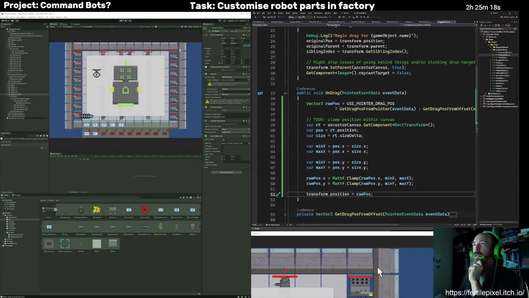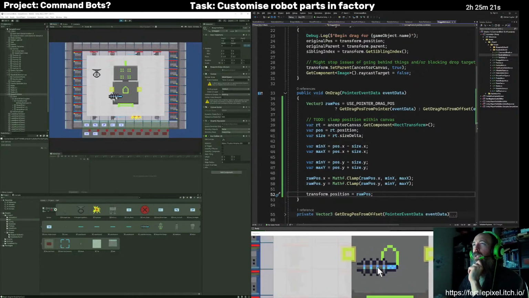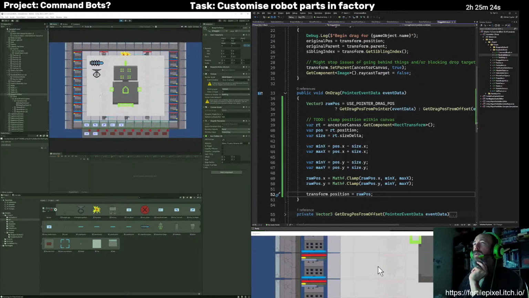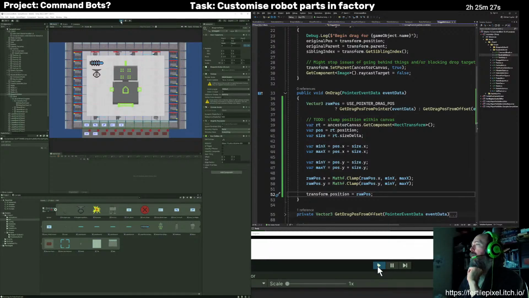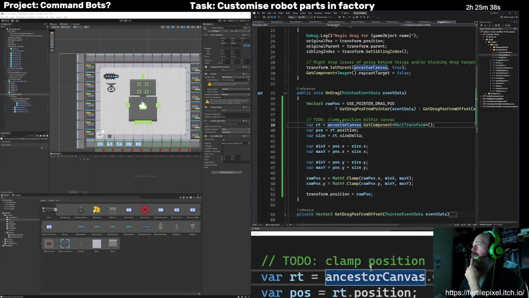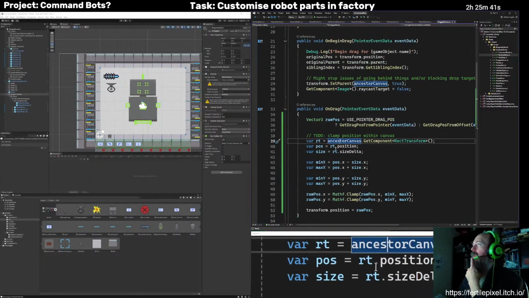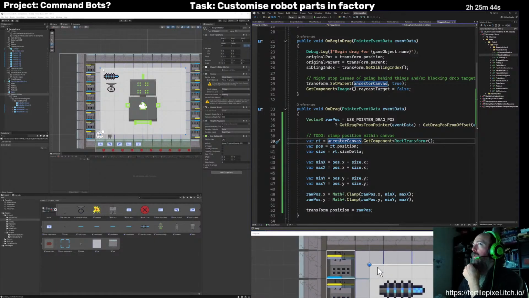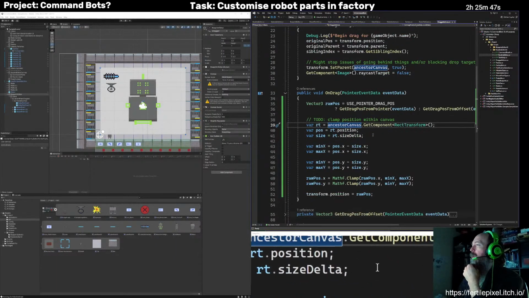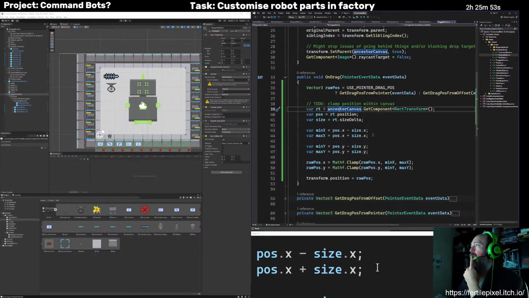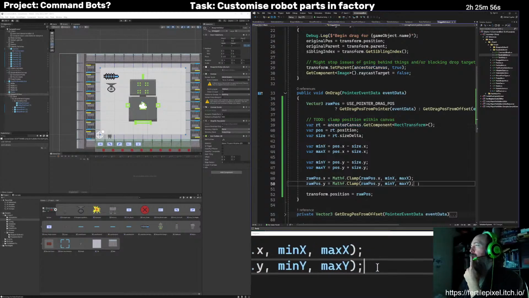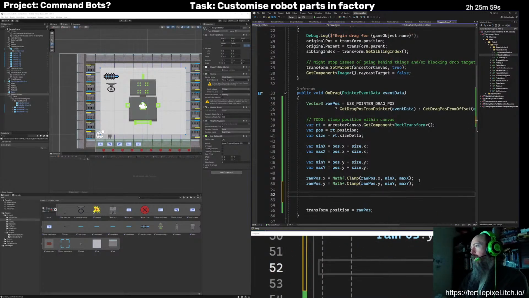Okay, I got my laser and oh no. It doesn't seem to be working consistently. It does still seem to be dragging onto those canvases, and it doesn't seem to care about its parent canvas size. Even though that ancestor canvas is specifically the canvas there, which I think should be. See if we're actually getting a case where it's not.